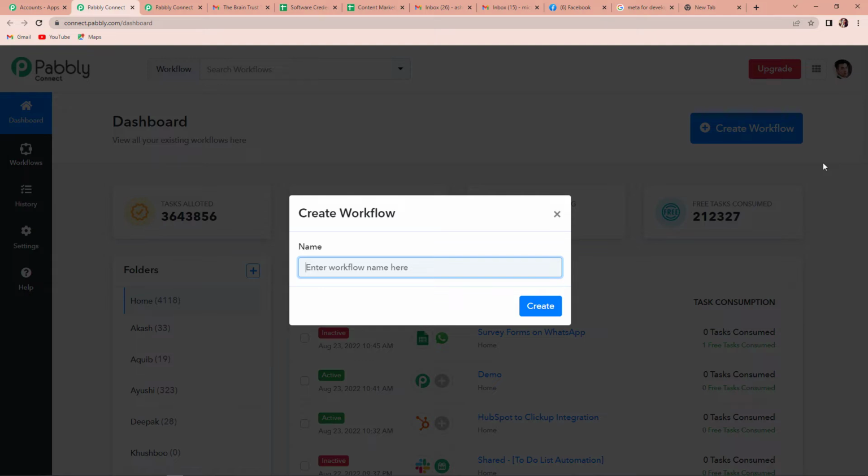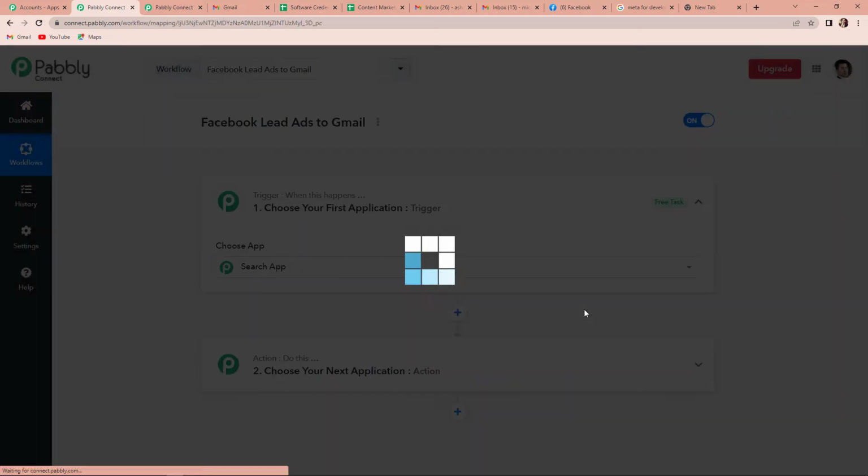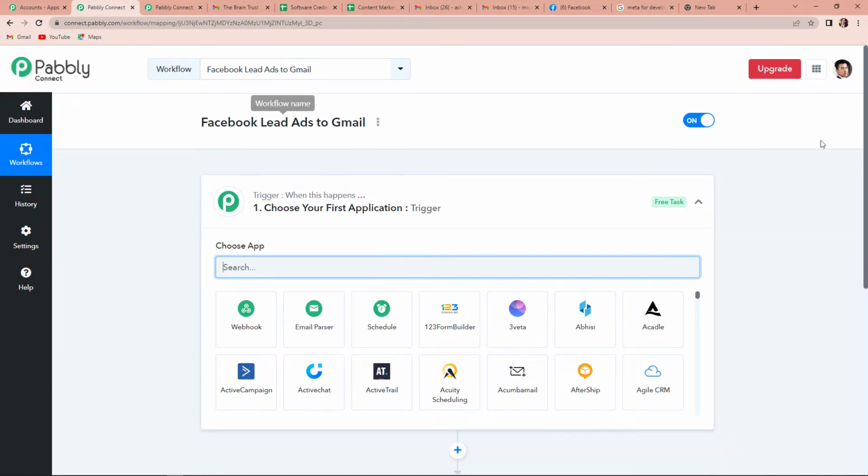Now here I want that every time there's a Facebook lead, the information should be shared with my, let's say, sales team or marketing team or finance team. So basically I want to send it to multiple Gmail accounts. So I'm going to name my workflow as Facebook lead ads to Gmail. Now let's click on create, and here you can see this particular window has two very important events, trigger